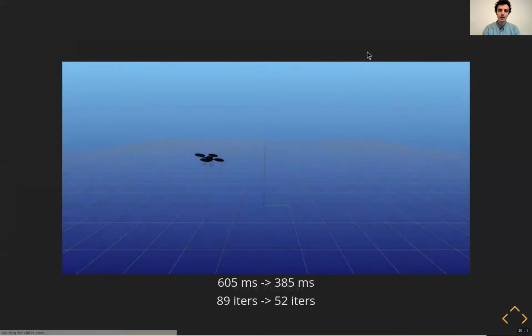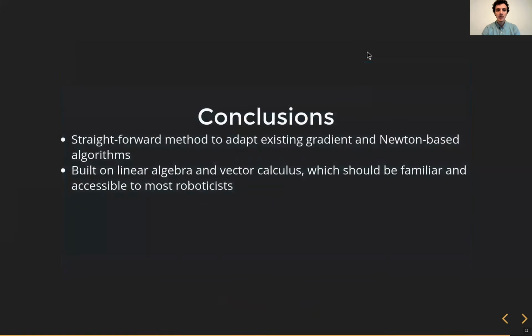Before, it didn't really work, but by making these changes in the underlying guts of the solver to correctly account for the group structure of rotations when we take derivatives, we were able to converge to a pretty nice trajectory pretty quickly. So in conclusion, we presented a very straightforward method for adapting existing gradient and Newton-based algorithms